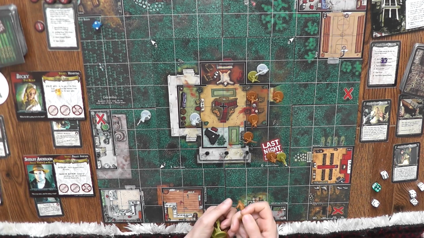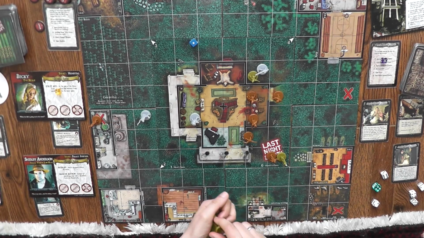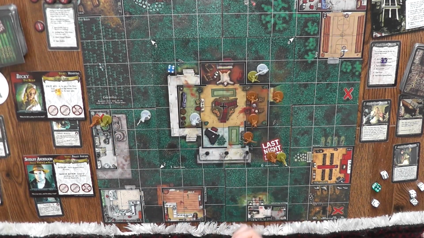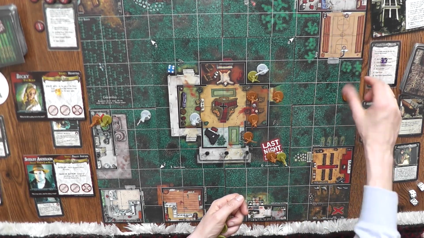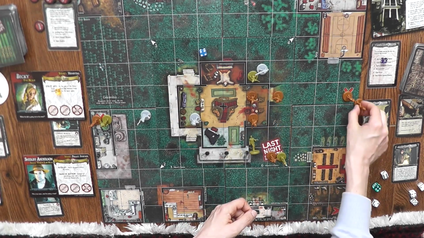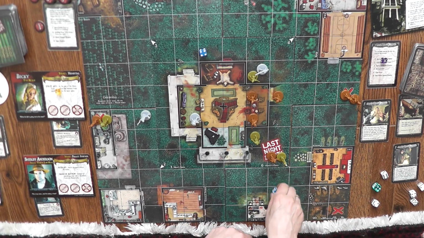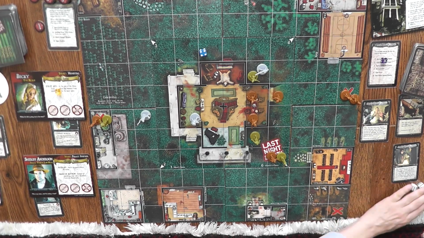On a 2, that's over here. On a 1, that's over here. 4 is up here on this tile. 4 again. Whoops. I believe this one was here. And then lastly we have the 3, and that is over here. Okay, so